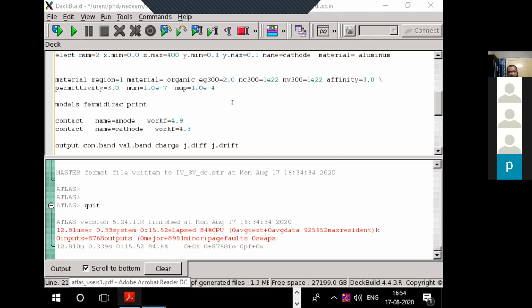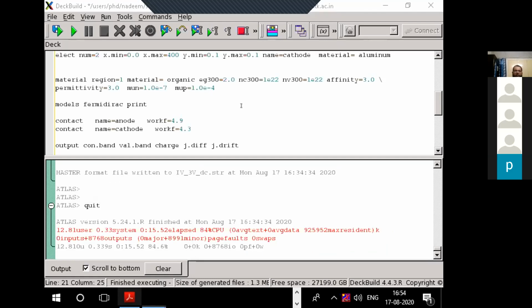Now, by default, there is a model being defined. If one wants to modify that model that is built into the Silvaco Atlas software, then what can we do? For that, we have a C interpreter function also provided with the software. So any specific model has a corresponding defined function inside the C interpreter.